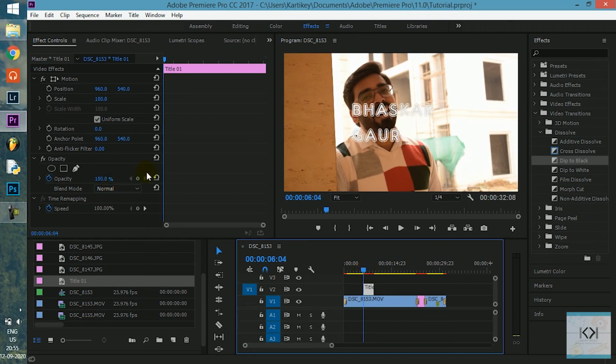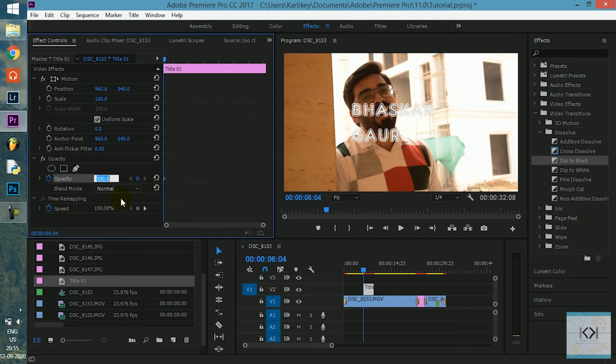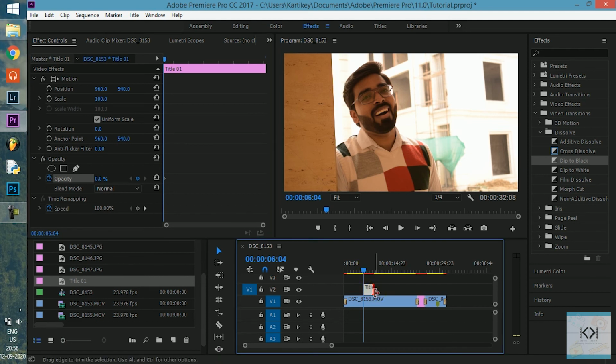What I need to do is create a keyframe, and whatever settings I am doing on this keyframe, I am asking Premiere Pro to remember that setting. So we will give this opacity. Opacity is basically the percentage of transparency that I want to keep that particular item at. Right now in the initial position I want to keep it at 0, so I will press enter. And first let me increase the duration of this text, as we might need it.